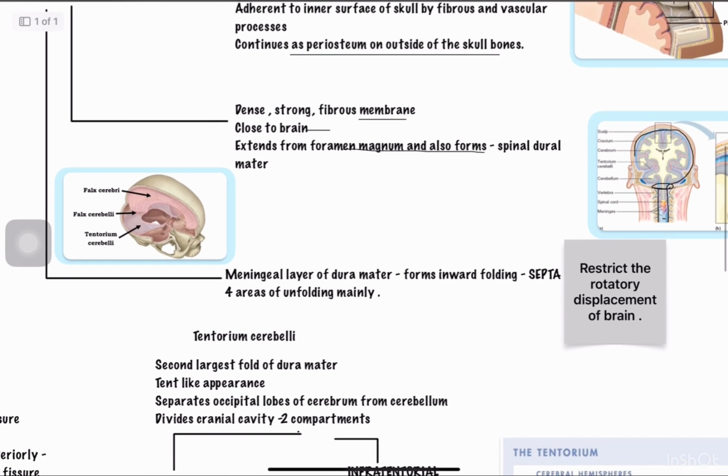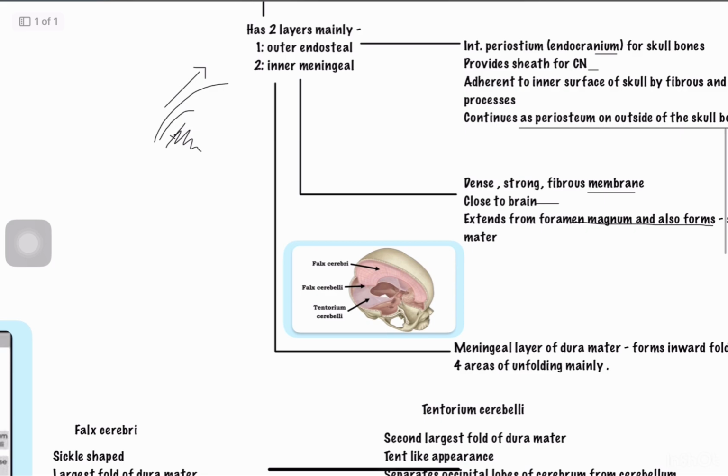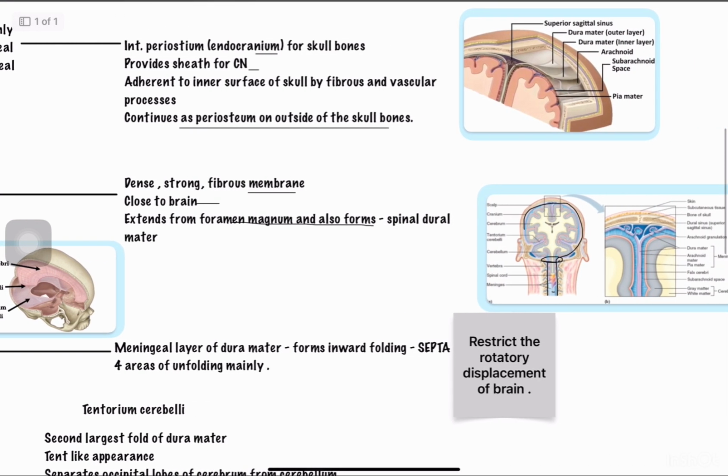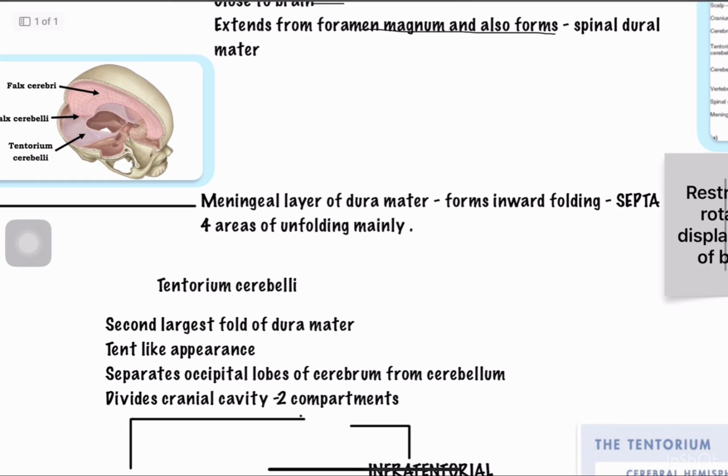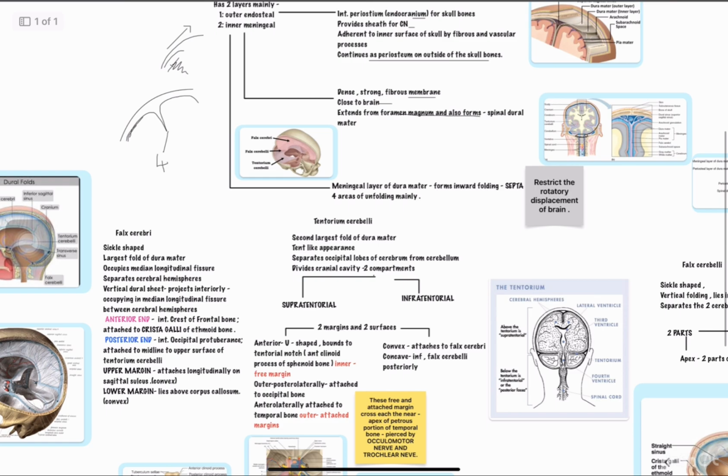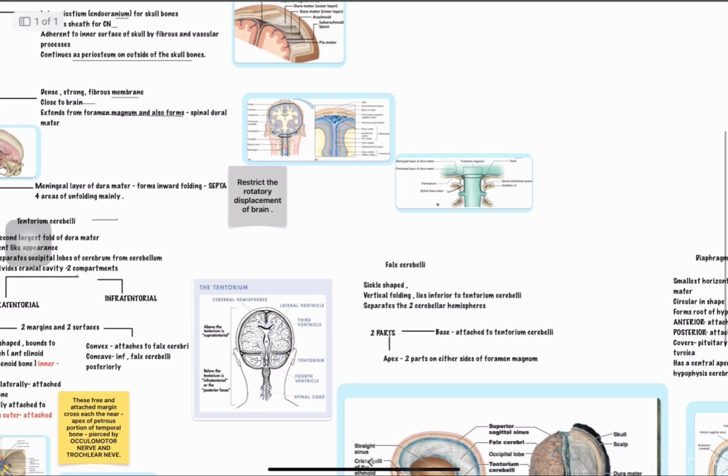So the dura mater creates folds. The inner meningeal layer of the dura mater, let us think of this as the outer endosteal layer and the inner meningeal layer, creates inward foldings, or septa. There are mainly four septa, and their main function is to restrict the rotatory displacement, or to minimize the displacement of the brain. So the four inward foldings are the falx cerebri, tentorium cerebelli, falx cerebelli, and the